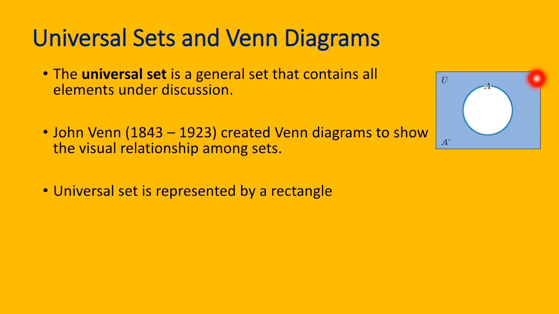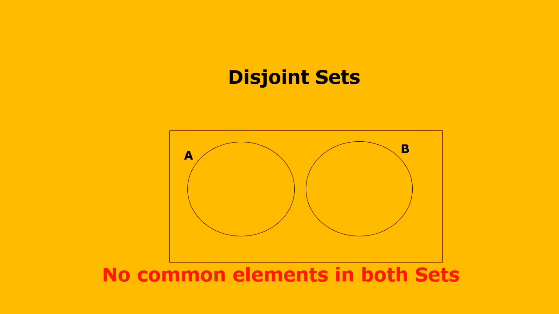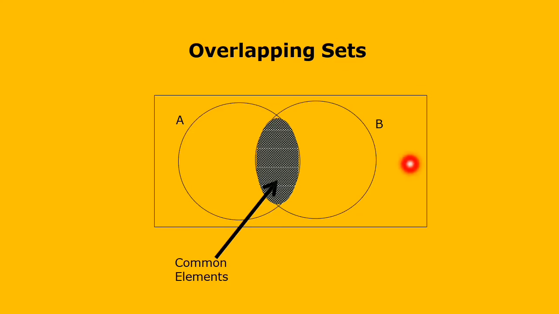Universal set is represented with a rectangle, while all the subsets of the universal set are depicted by circles or sometimes ovals or other shapes. Okay students, when there is no common element between two sets A and B, then those sets are known as disjoint sets, and they are represented in this form. And when there is something common between two sets A and B, then those sets are known as overlapping sets, and their visual representation will be of the form of this one. This one is the overlapping area, and we write the common elements here,